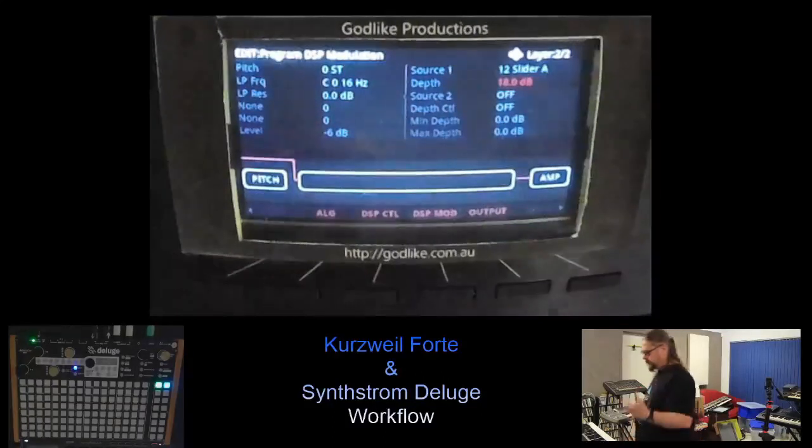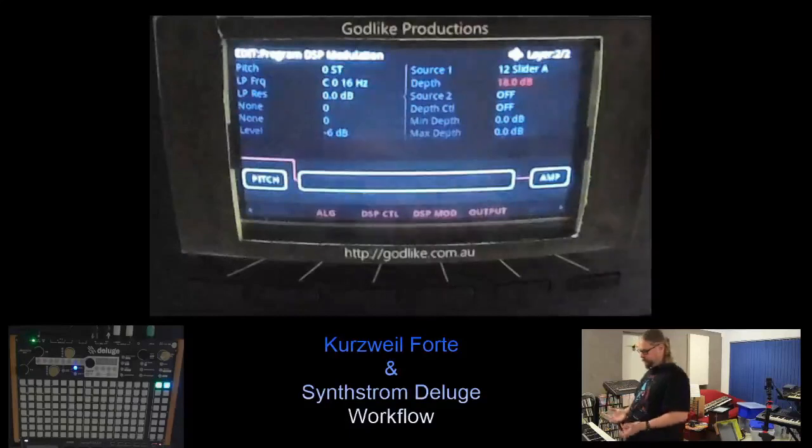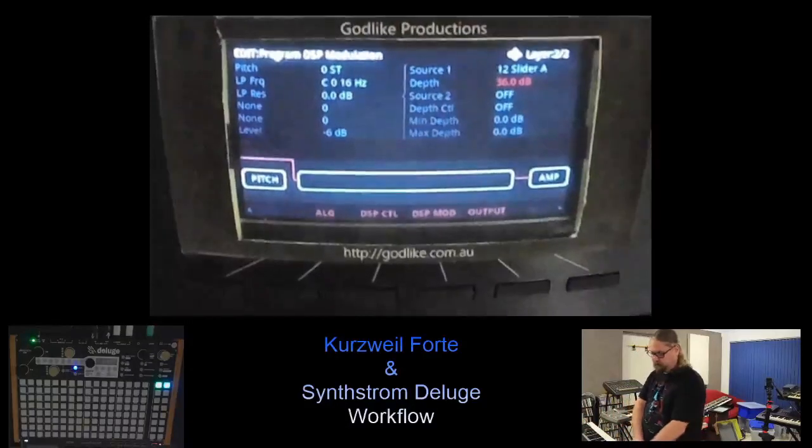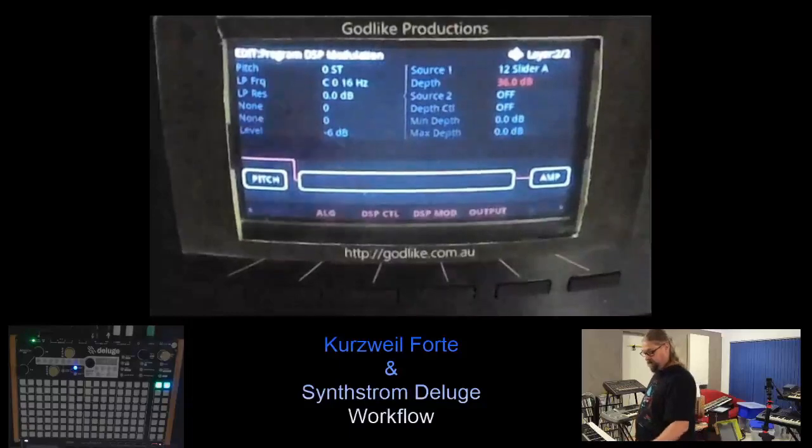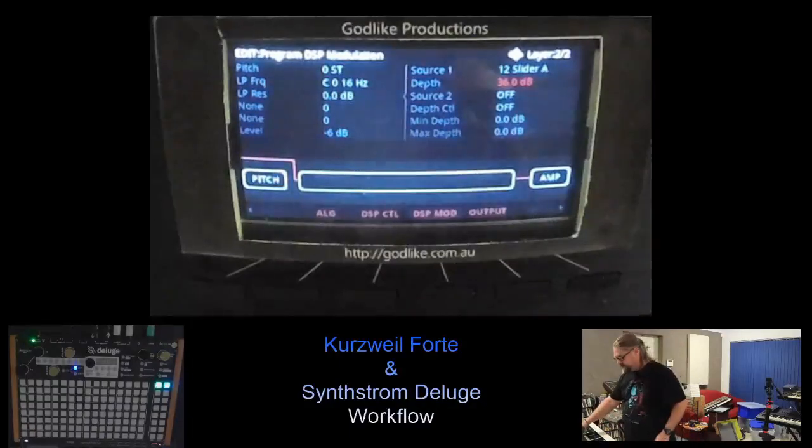So yeah, the filters on these can certainly howl. They can go to much higher resonance than that, 36 dB, which is, yeah, lots. So 18 dB is more than enough. Okay,